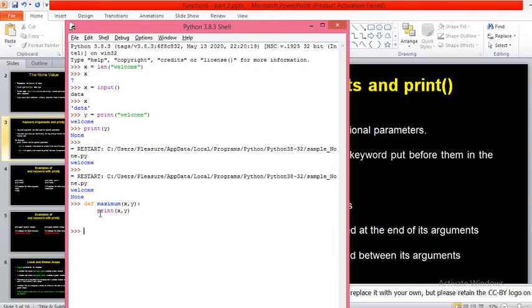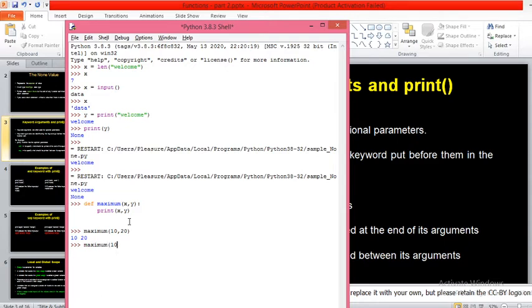Two parameters are there. It is going to print the values of x and y. Now if I want to call this function, I must pass two arguments, since it has two parameters in the function definition. So when I do this, it works fine, and it will execute the code without any error.